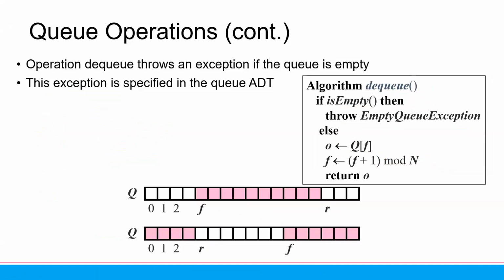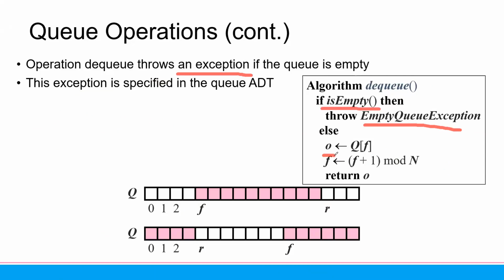If we want to dequeue, it means we want to remove. The dequeue operation throws an exception if the queue is empty. So if there is no element, there should be an exception. If it is empty, then it goes to exception. If it is not empty,